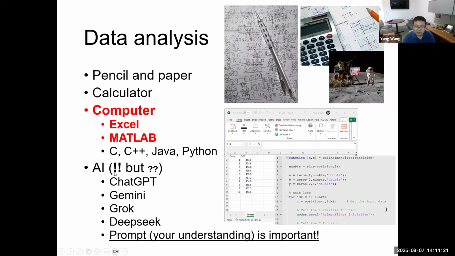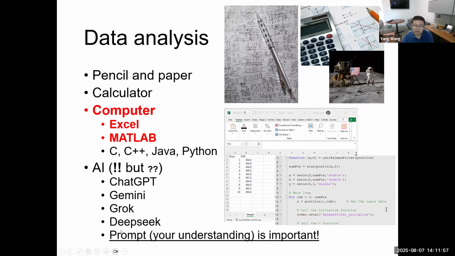But then we also have to be cautious, right? That's why I put smaller question marks here, because they do not always give you the right results. And a lot of the times, the accurate result coming from the AI really relies on the prompt that you put into the system, right? So that's why there are newer professional domains. People created this domain called prompt engineering, right? Although I don't know if that's a real thing, but basically it highlights how important it is for the user